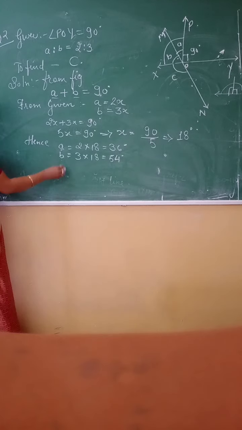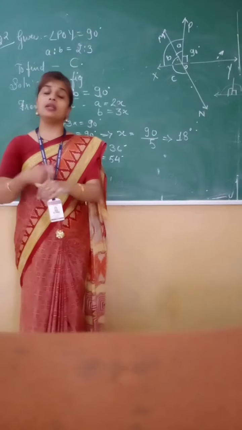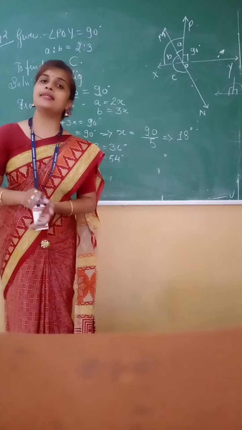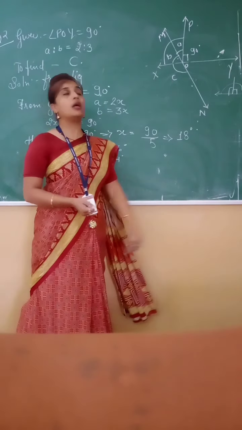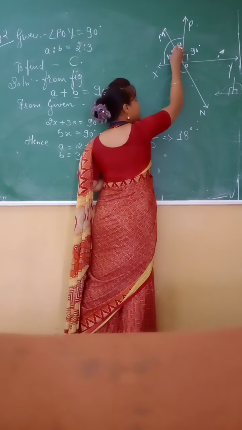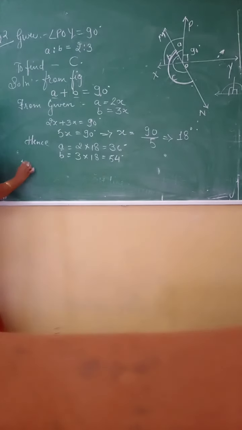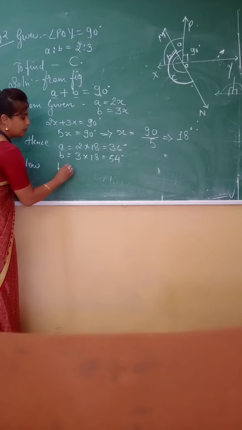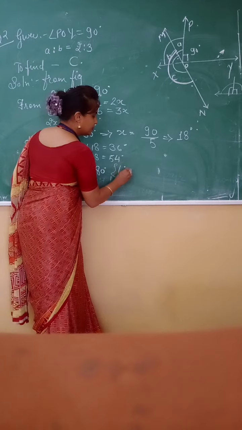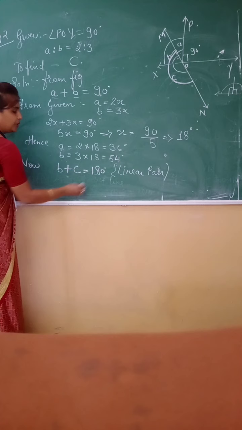Now next we have to find here the value of C. ये तो हमें अभी A और B की वैल्यू चाहिए, but ultimately we have to find the measure of angle C. So what will be the measurement of angle C? अब एंगल C का रिलेशन चेक करो, यहाँ A और B के साथ हमें कुछ दिख रहा है क्या? Yes, the relation of C with B is that it forms a linear pair. So now angle B plus angle C is equal to 180 degrees because it forms a linear pair.